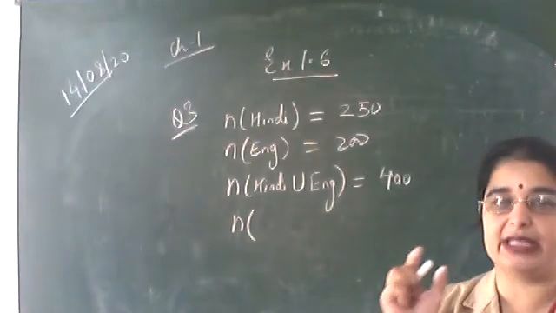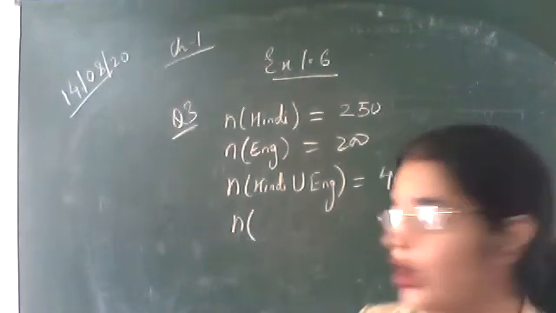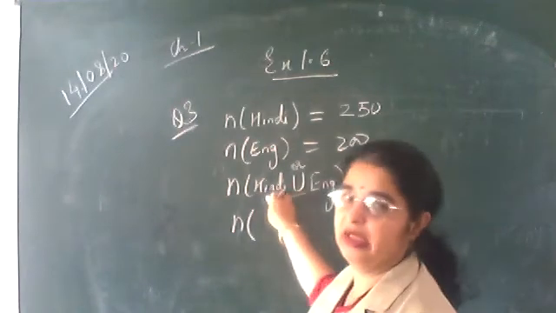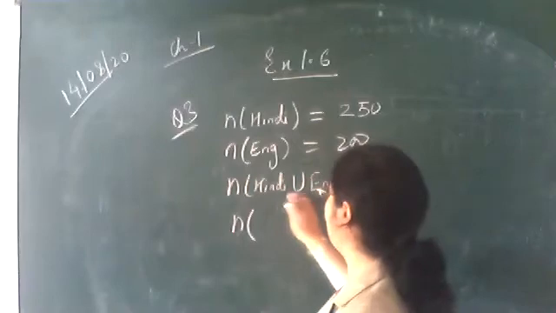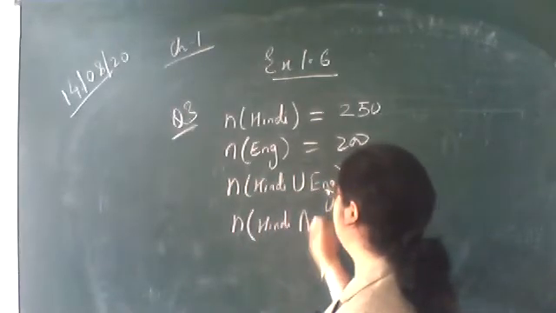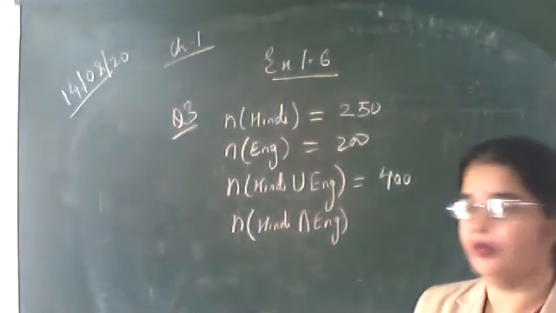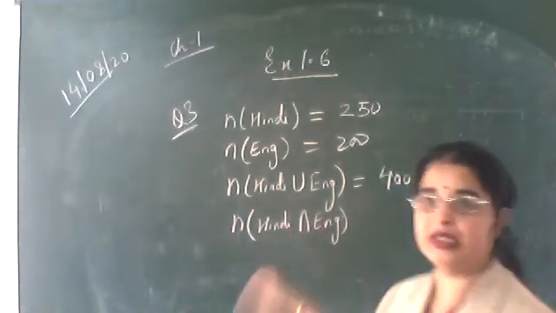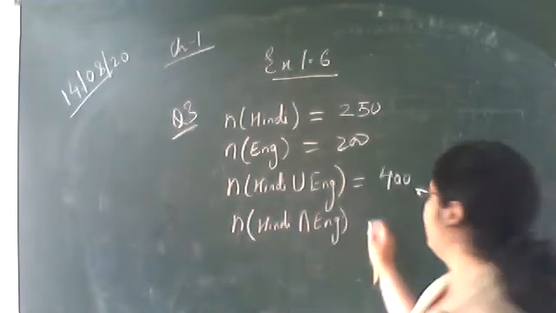When "and" is coming, or when "or" is coming, keep this in mind. Union stands for "or": either they are speaking Hindi or English. Clear? In the same way, intersection stands for "and". Intersection means "and", when the people can speak Hindi and English, that is, they can speak Hindi as well as English. Clear? So this we have to find.